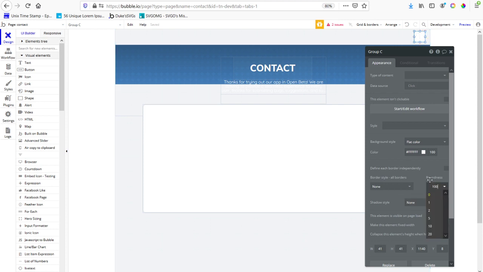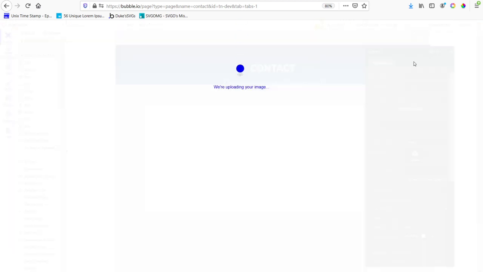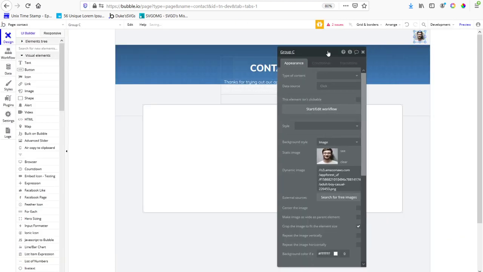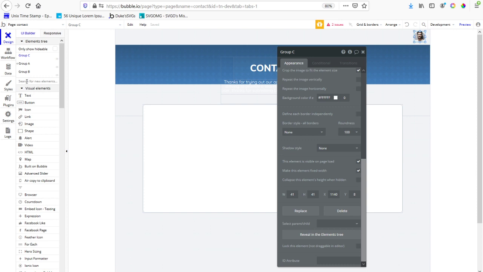So I'm going to rebuild this here, and it's basically just a picture, roundness 100, background style. Let's grab an image, and I'm just going to upload the image of someone, but it's basically going to be the user themselves. I don't want to go through the trouble of setting that up right now, so I'll just leave that here. And then I have a focus group